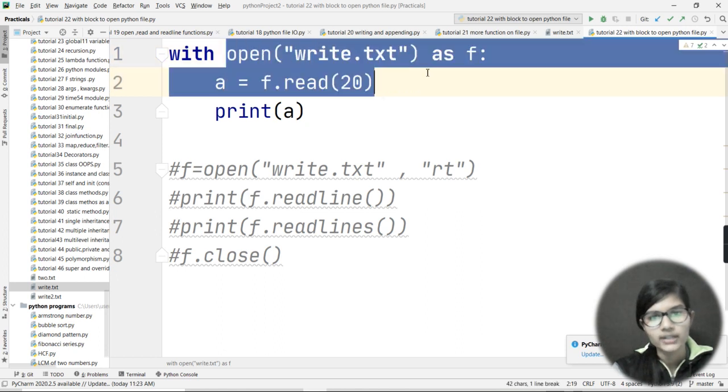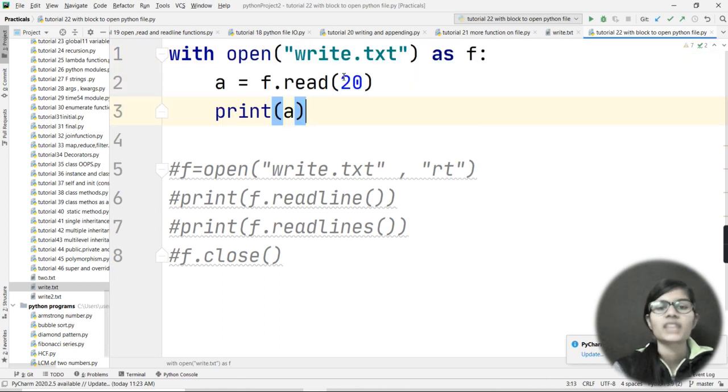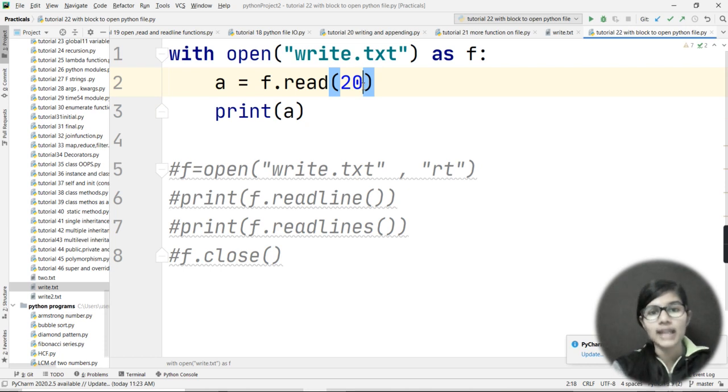With open write.txt as file pointer, and now it is going to give me the string till the 20th character. And what was my seek function doing? It was starting my string from that value.